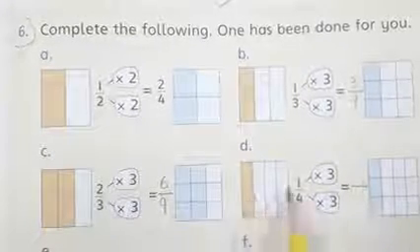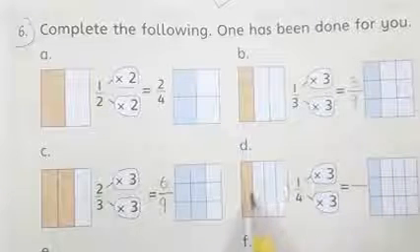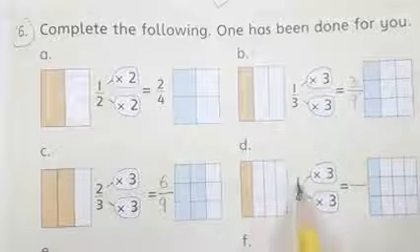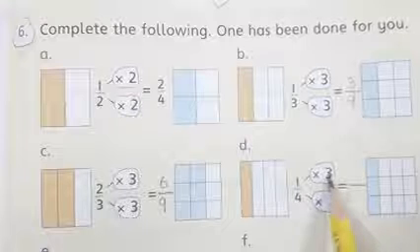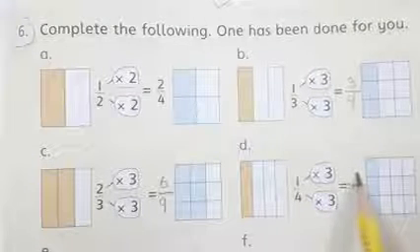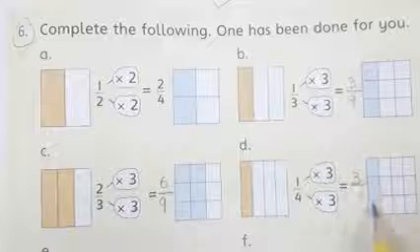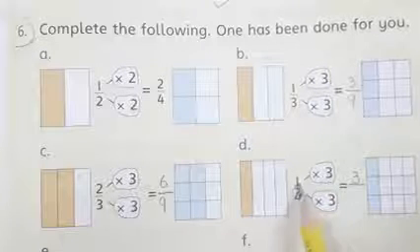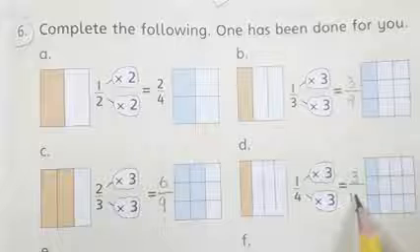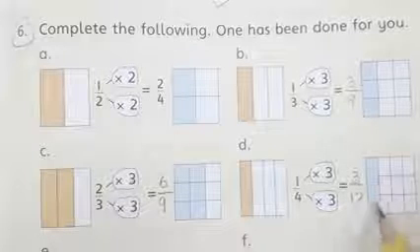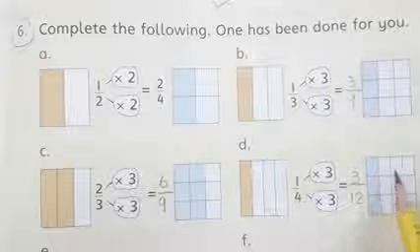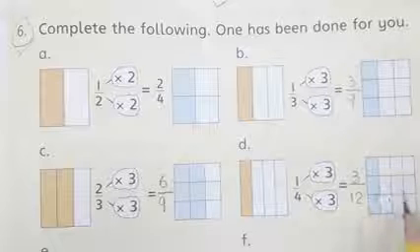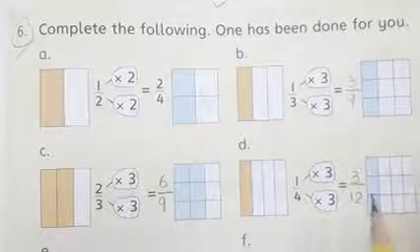Okay? And look at this fraction, 1 by 4. You can see 1, 2, 3, 4 and colored portion is 1. So this fraction is 1 by 4. When we multiply it by 3, 3 ones are 3. As you can see, the colored fraction is 3, which is numerator. So it means we have to multiply it by 3. 3 ones are 3 and 3 fours are 12. Because total boxes here, total divisions are 12. 1, 2, 3, 4, 5, 6, 7, 8, 9, 10, 11 and 12.